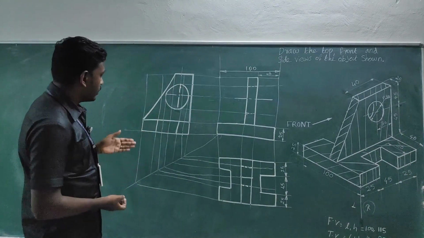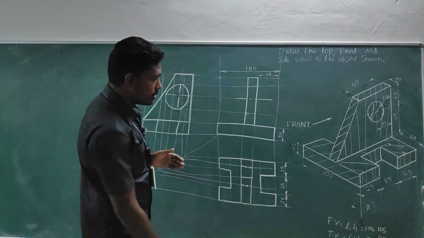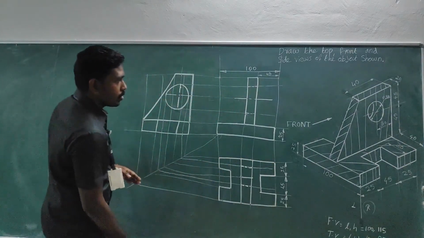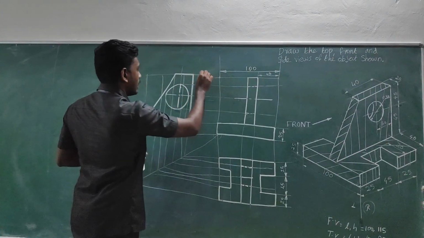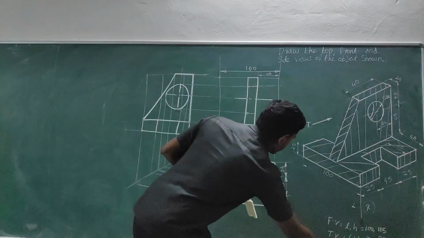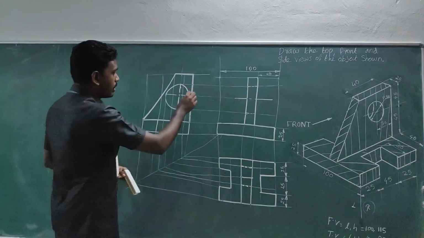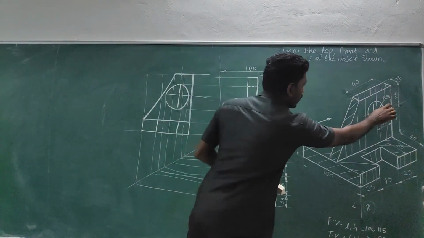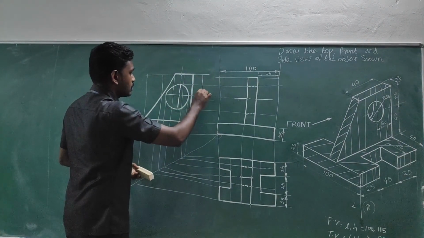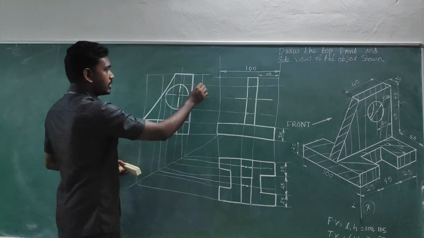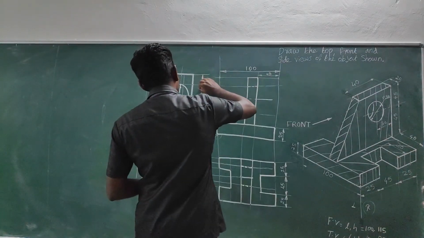side view. In the side view, what can we do? We can cover the width of the object. So what about the width? See, the width of the object is already covered. What about the height? We can cover the height. Okay, so for which I am going to take a projector line here, which is given up to the center, right? So just take a projector from the center and draw a dimension line and write 45.